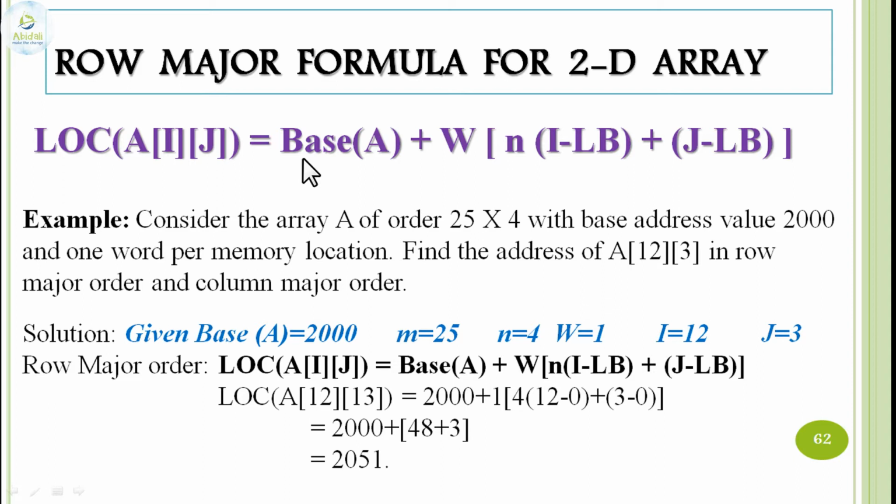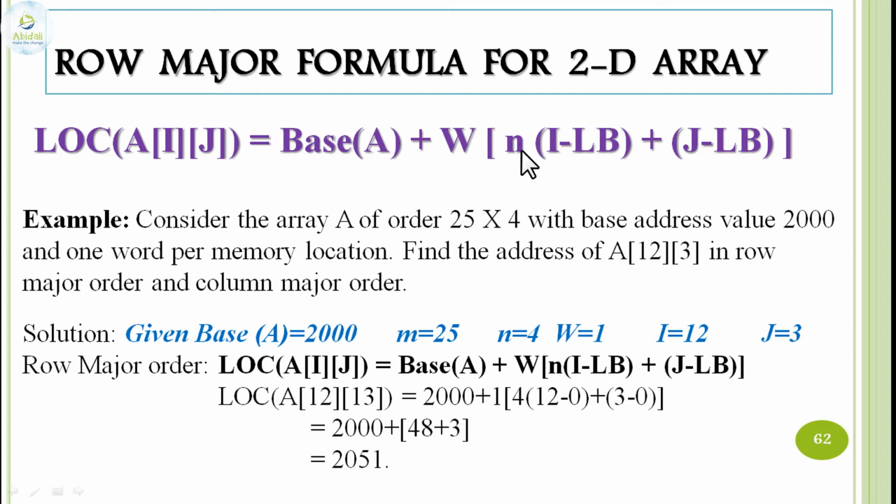As we already know, the base address is the starting address of the array. In the pointers concept also, we have studied the base address of an array, where we had the relationship between array and pointer, array and string also. W is the word length or word space occupied by each element inside the array. So for integer it will be 4 bytes, for float 4 bytes, for double 8 bytes, and for character 1 byte of memory space.